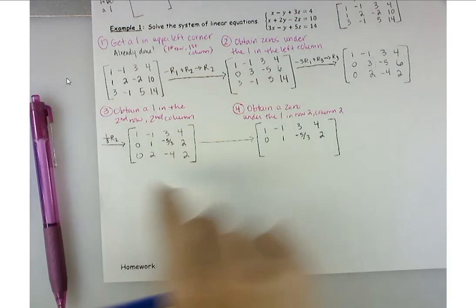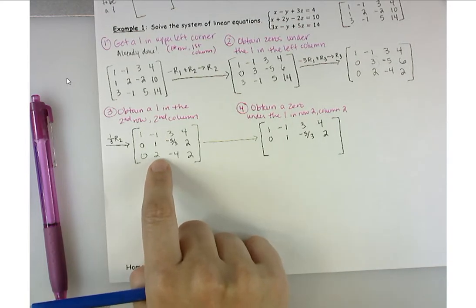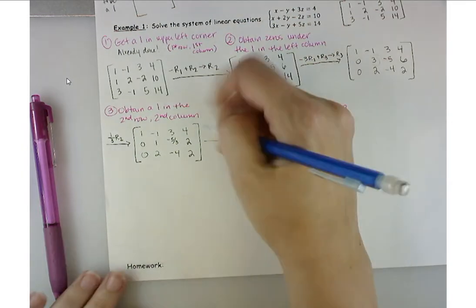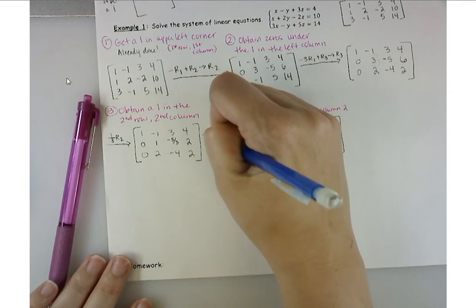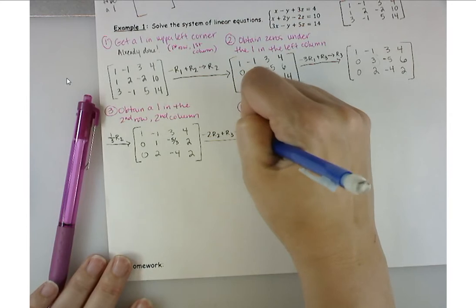What can I do to make this a 0? You said? You can multiply the second row by -2 and then add it to row 3. Good. So multiply the second row